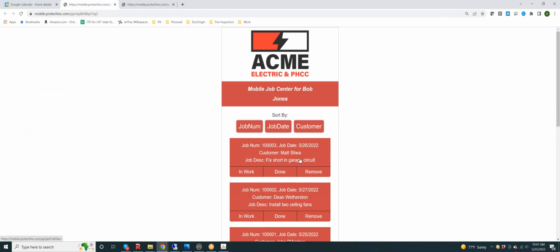And in here, we will be able to drill into actually collecting the data for it. I'm going to show that on my phone itself. I just wanted to show you that this mobile job center can come up on any device. Before I go to my phone, I wanted to show you